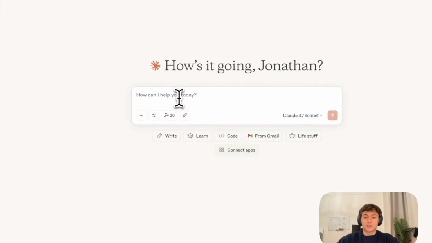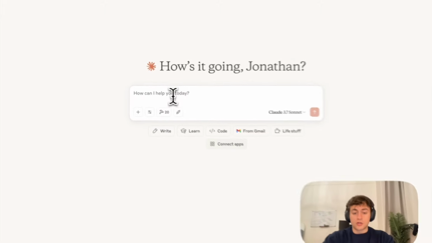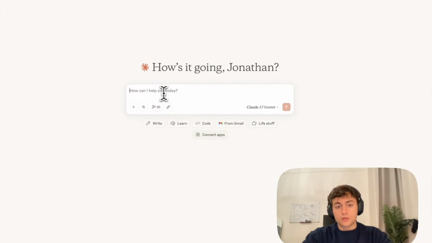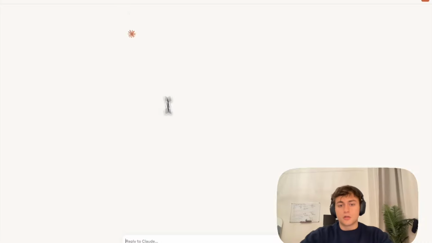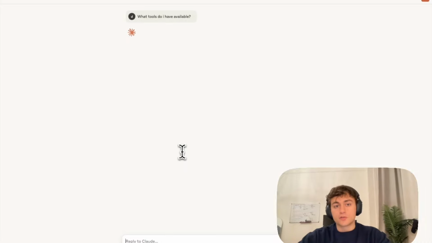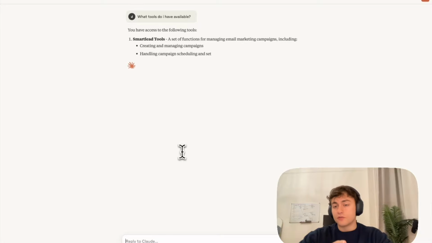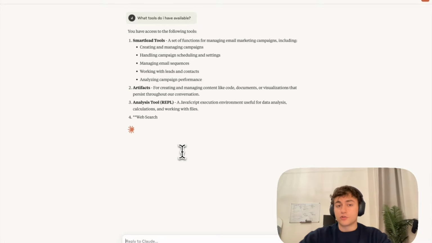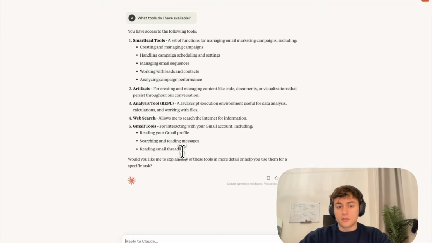So just for the sake of this video, I can also just go ahead and drop a quick command. So what tools do I have available? And what's happening is the LLM is actually receiving in the prompt a list of the tools, and it can see and return those in the prompt. That's very helpful, and now that we know how to do this on Claude,